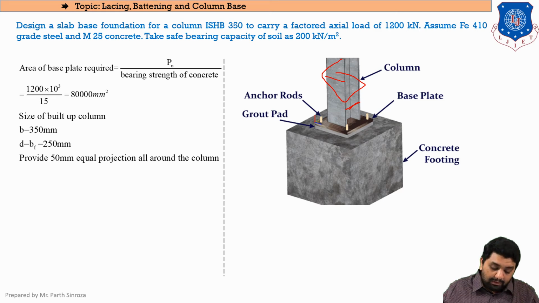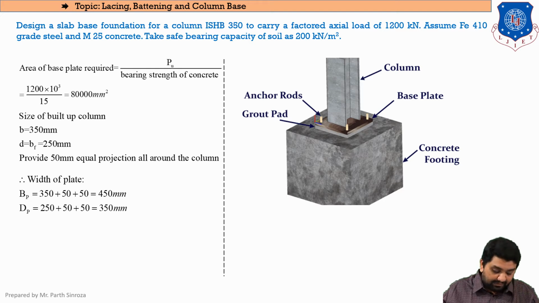Clear? And now, as you can see here, the base plate is provided wider as compared to our column, that is of I section. So we will be taking projections 50 mm on all sides. For each and every sum that you will be dealing with, you will be always taking projections. That means this portion will be extending these portions up to 50 mm on all sides for our base plate. So here providing 50 mm projections on all around the column. The final width of plate will be coming out to be 450 mm and the depth of plate will be coming out to be 350 mm. We are just adding 50 in these two cases as a projection.